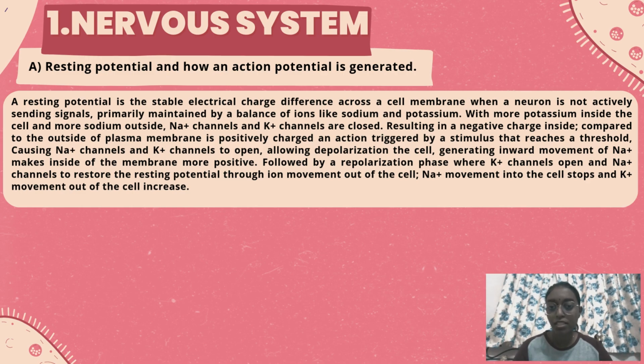A resting potential is the stable electrical charge difference across a cell membrane when a neuron is not actively sending signals, primarily maintained by a balance of ions like sodium and potassium. With more potassium inside the cell and more sodium outside, Na+ channels and K+ channels are closed, resulting in a negative charge inside, while the outside of the plasma membrane is positively charged. An action potential is triggered by a stimulus that reaches the threshold, causing the Na+ channels and K+ channels to open, allowing a depolarization to